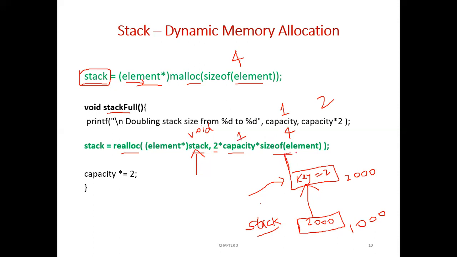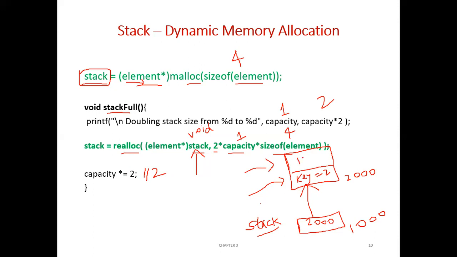So previously 4 bytes were allocated, now 8 bytes. That is another 4 bytes will be allocated. The originally allocated 4 will be retained and its value also will be retained. And capacity is now multiplied by 2. So now the value of capacity is 2, not 1. Previously it is 1, so capacity equal to capacity into 2. That is capacity is equal to 1 into 2. That is 2. Right. So now another value you can push comfortably here.